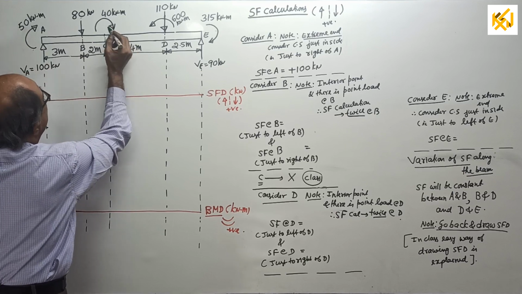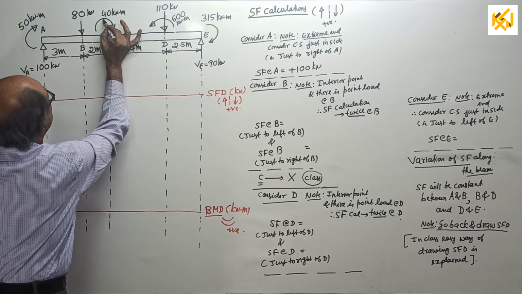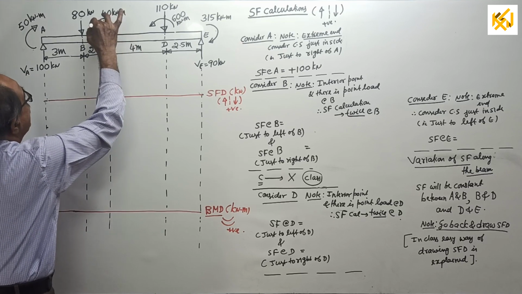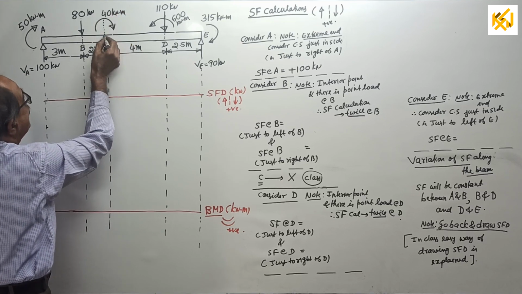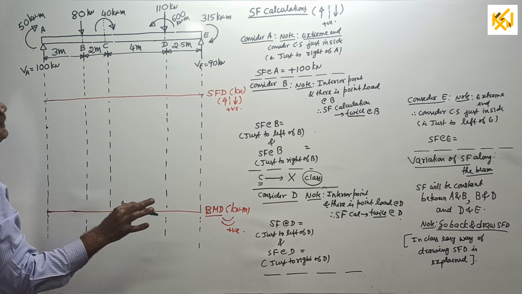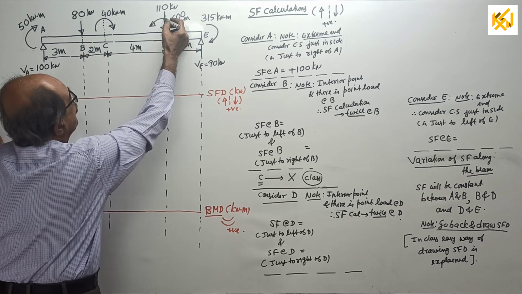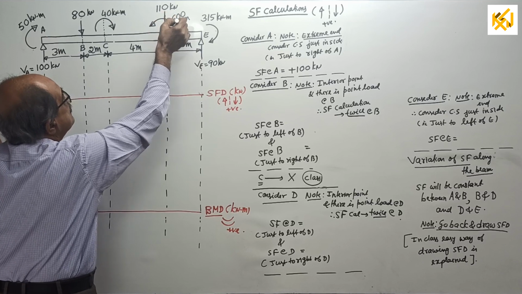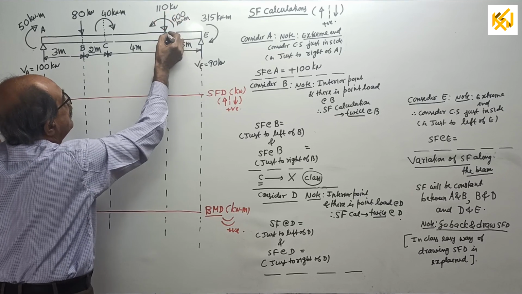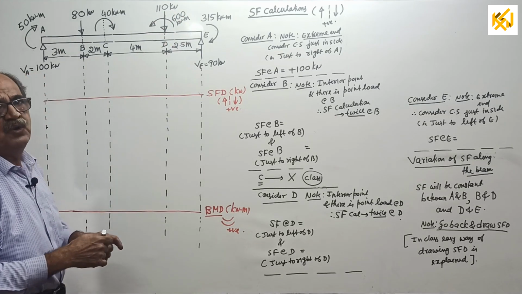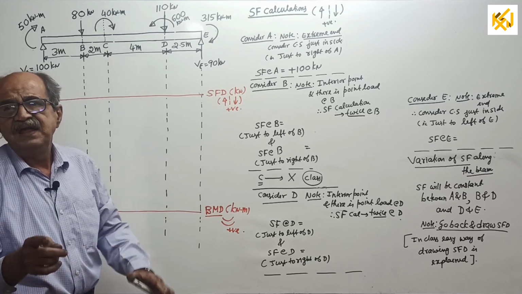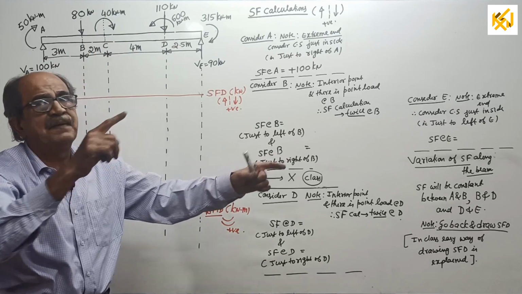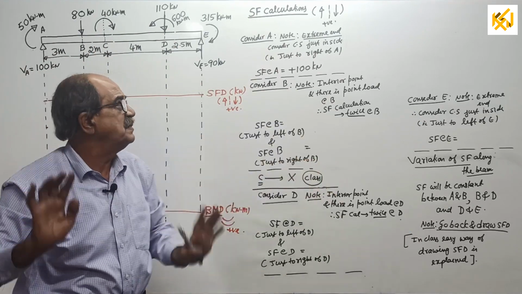Just to understand, I told you to put a light line here, to show that the couple, even if I write it here, is actually acting through this point. I told repeatedly, a line is not possible here because the force is merging. This couple, 600 kN meter, is actually acting here. To avoid confusion, interior couples are marked this way and end couples are marked with the closing bracket system.